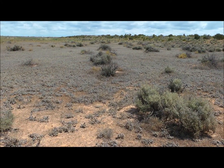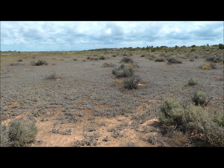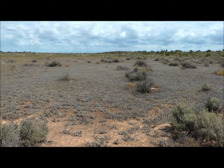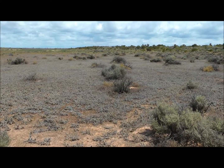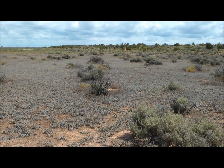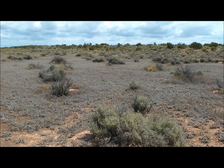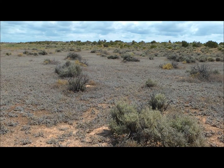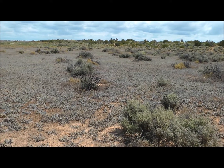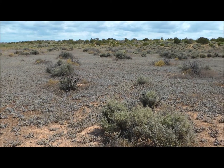So in front of us now is a field with a different species of sclerolina, mostly Sclerolaena brachyptera, and there's still a few black bluebush plants growing in amongst there, and I'm not sure what's distinguishing that part of the landscape. It might be that the soils are just a bit too hard for some of the other species to get in there, but clearly it's had water over it at some stage, but not for any extended period. And then beyond that